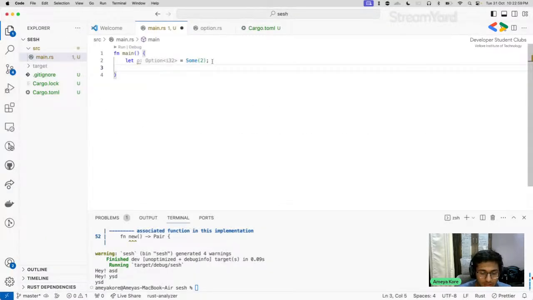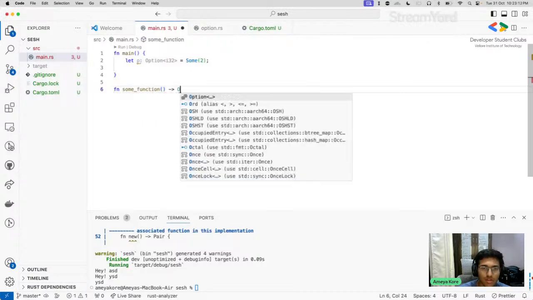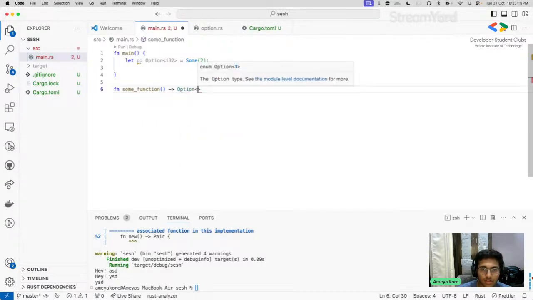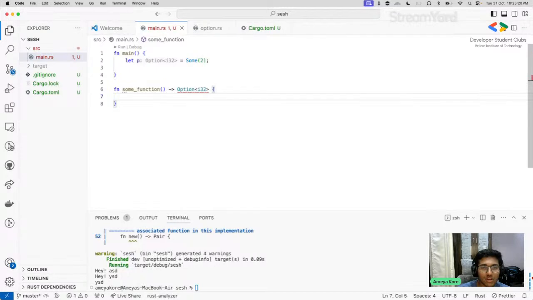So if you have, let's say, a function that may return no value, say an option of i32. In a different paradigm, let's say if you're coming from a Java background, you might always return null types. If you wanted to signify that there is nothing to return, you would return null. The alternative is to use